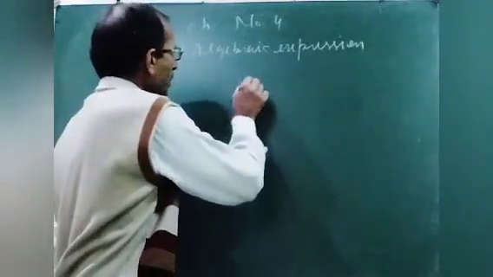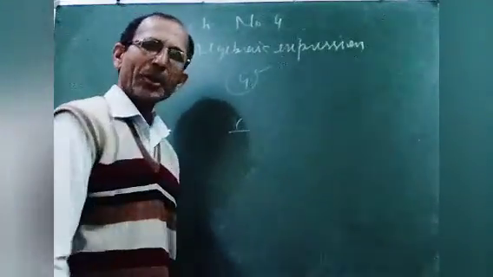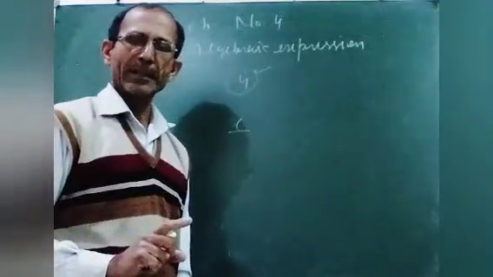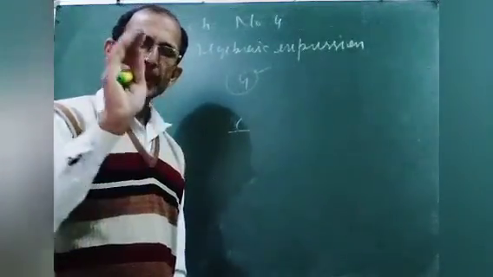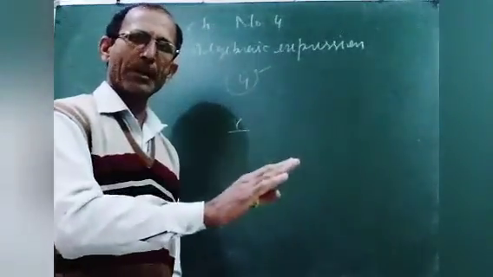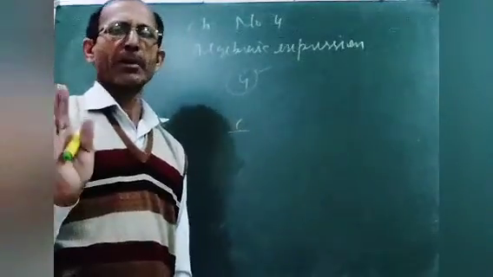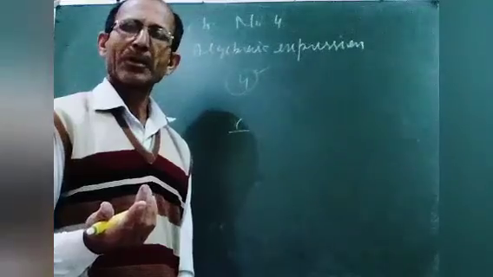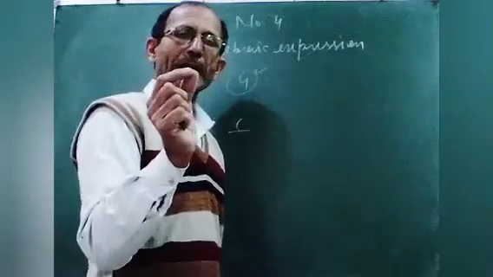If I am writing 4, I can't change it, it will be 4. If x is there, we don't know what the value of x is. So this is a variable and this is a constant. Is it clear? Okay, now no need to be confused. First try to know what are variables and what are constants. Variables are changeable and constants are unchangeable. So all alphabets are called variables and the fixed numbers 4, 5, 6 are called constants.